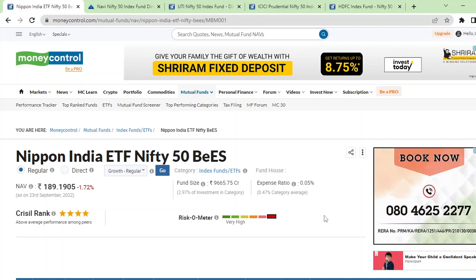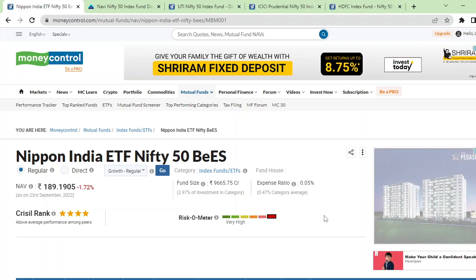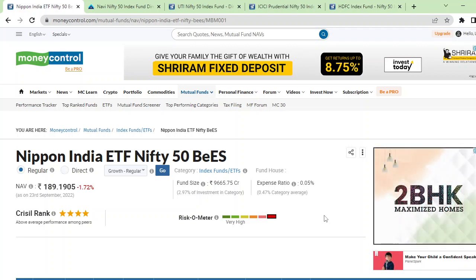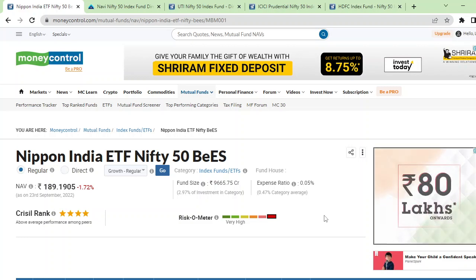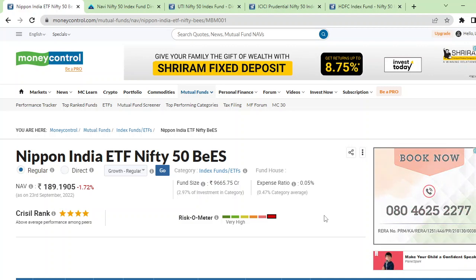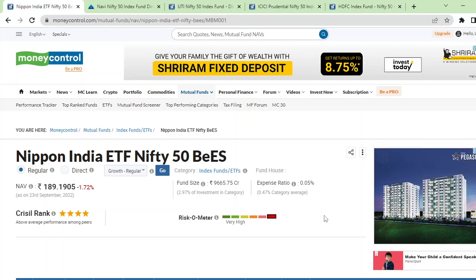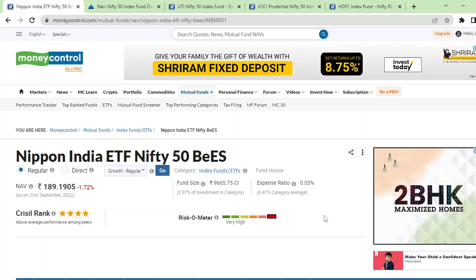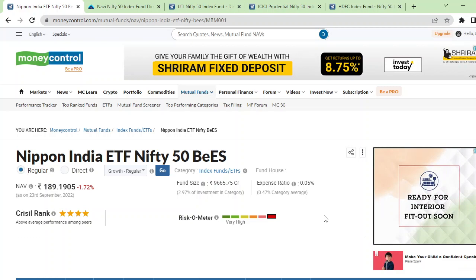In Nifty Bees, normally we invest for a long period, long in the sense 20-30 years. So over 30 years, if you invest your money and the expense ratio is very low, that itself saves a lot of money and adds a lot of value to your investment or your wealth. So the expense ratio is also one of the criteria.